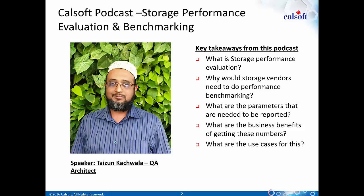And then there is video data processing, which is highly required in today's hypermedia applications, right? The entire digital world is nothing but video, Facebook videos and whatnot. So measuring the performance of all such video data applications is also a part of storage performance reporting. And the backend storage required in compute farms in a high performance computing environment also needs to be one of such use cases. So all these together form different use cases which the storage vendors need to measure and report to